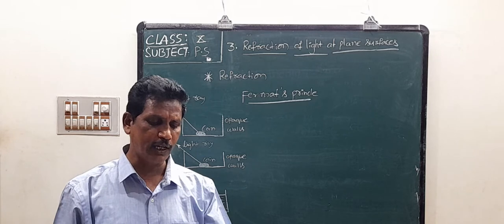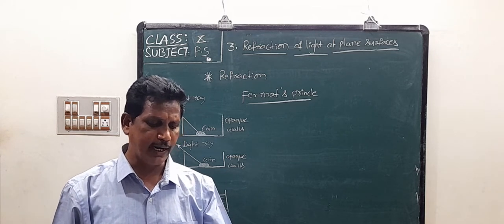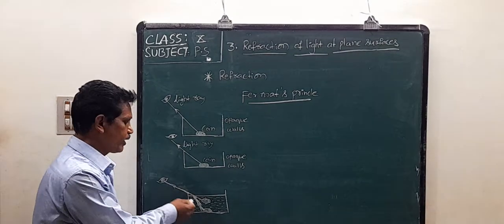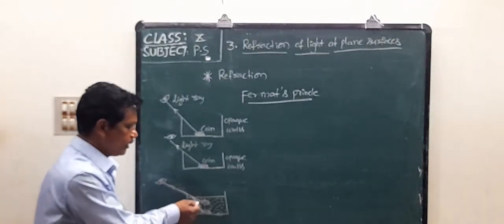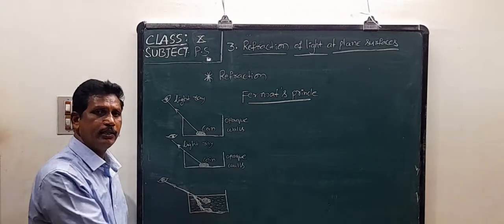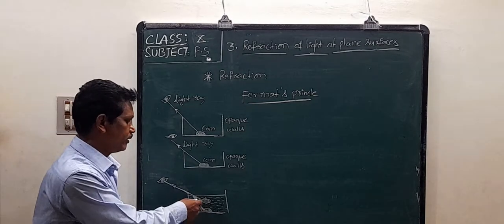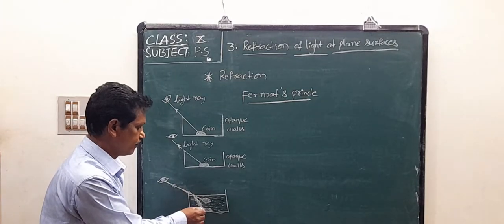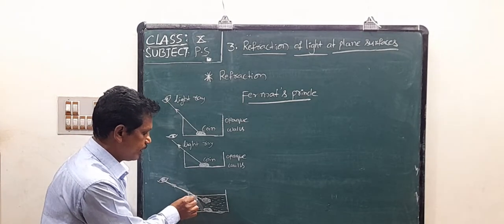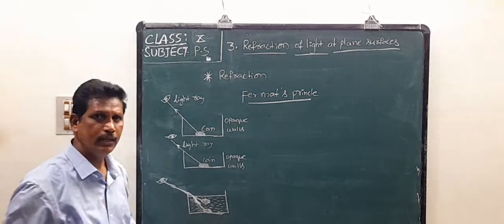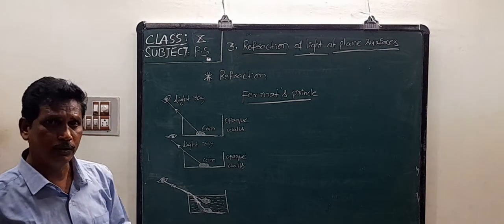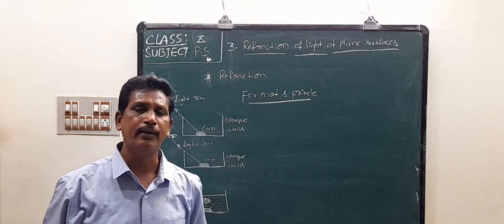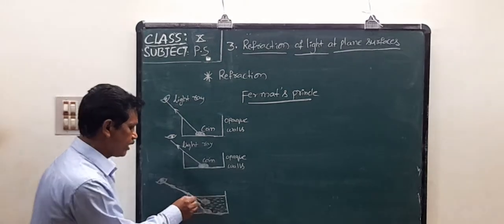By observing the path of the light ray, it is clear that the light ray changes its direction. Observing the path of the light ray from air medium to water medium, it changes its direction, and changes speed also. It changes its direction at the interface separating two media.